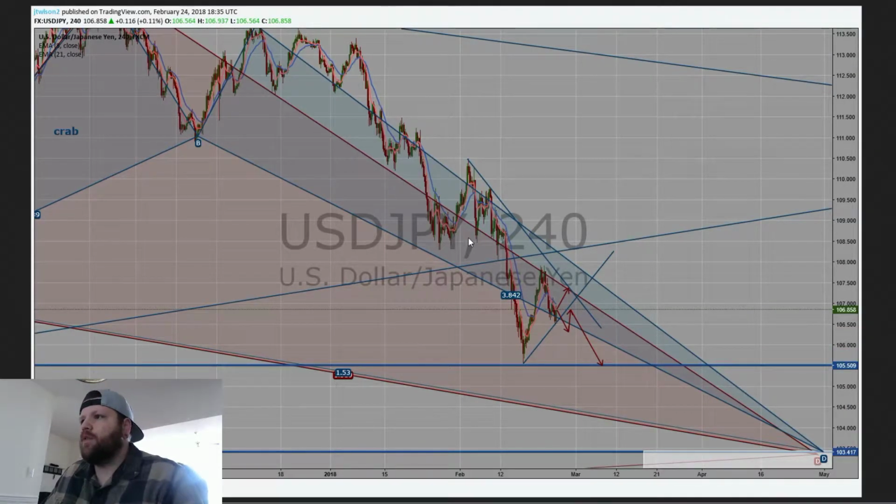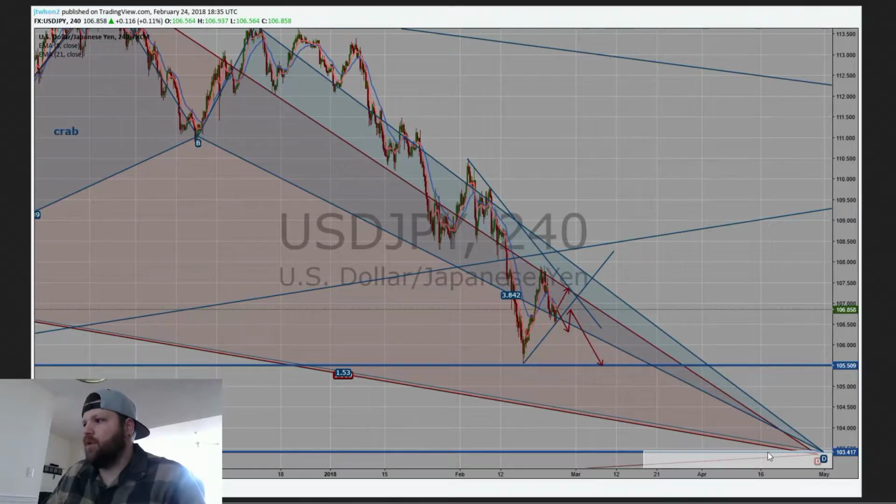Dropping down to the 4-hour time frame, you can see that I do have this trend line drawn. So we're waiting to see if price breaks this trend line or not, obviously. It's just kind of a waiting game to see what UJ is going to do. I want more confirmation on which direction it's going to go. It does look good for sells across the board, but I want to see this level broken down here before